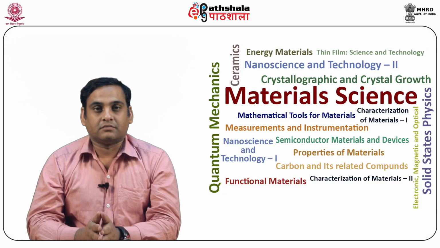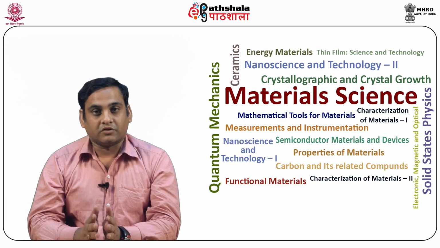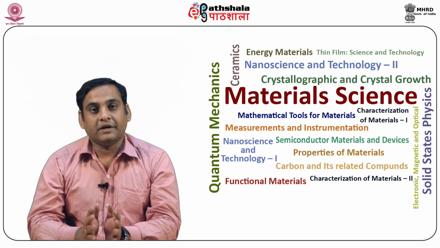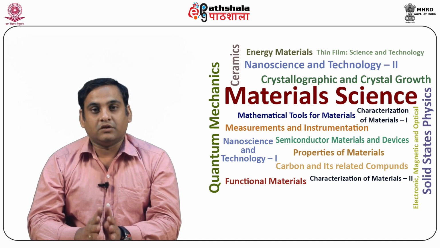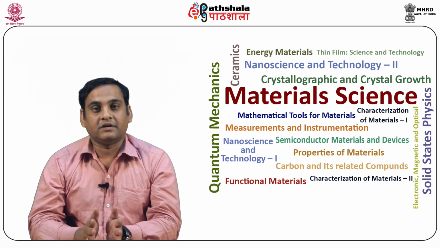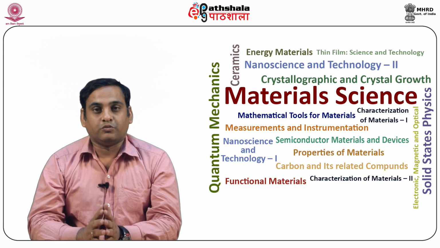Band to band absorption. The photon absorption process for photogeneration, that is, the creation of electron-hole pairs, requires the photon energy to be at least equal to the band gap energy Eg of the semiconductor material to excite an electron from the valence band to the conduction band. The upper cutoff wavelength lambda g for photogenerative absorption is therefore determined by the band gap energy Eg of the semiconductor. So, h times c by lambda g is equal to Eg, or lambda g is equal to 1.24 by Eg.